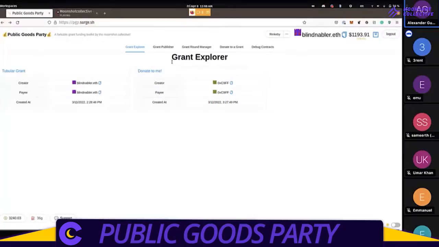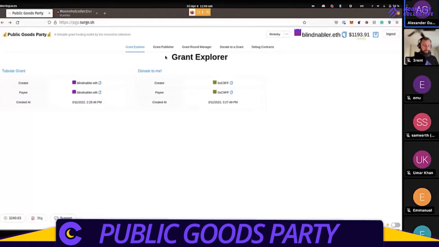Sweet. So this is Public Goods Party, which is a decentralized fork of Gitcoin grants. It's kind of the next continuation of dGrants. It's basically going to be a part of the greater Gitcoin Grants 2.0 ecosystem, where everything works in layers, and people can fork this to make it fit their own DAO's theme, their own DAO's whatever, and they